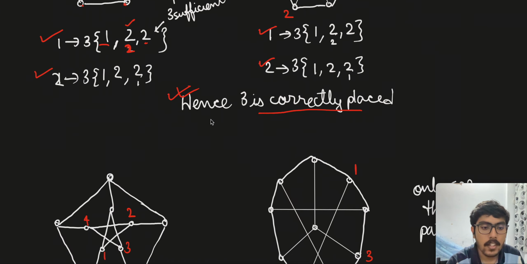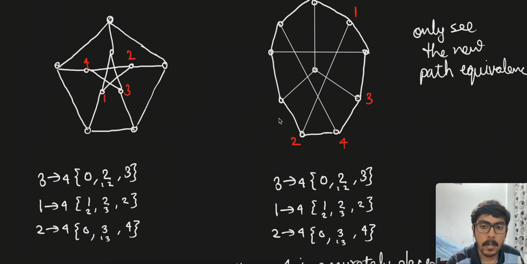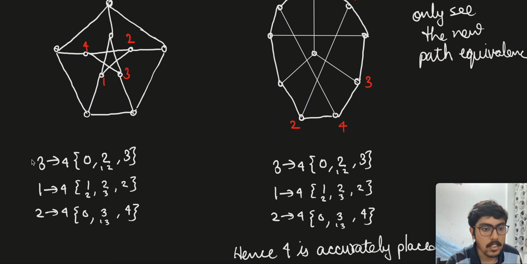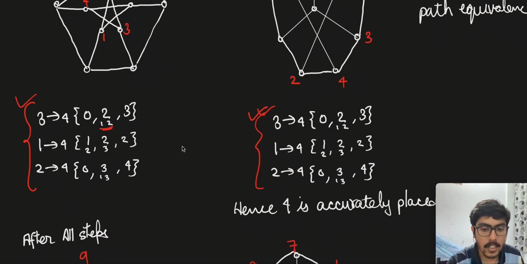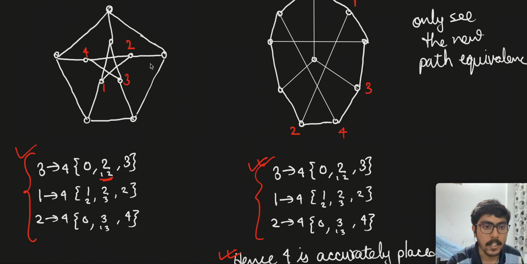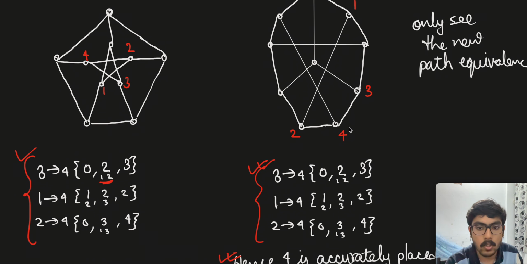Similarly we will do for 4, but remember, when we will do for 4, we just need to check these paths, not those like 3 to 2 and 1 to 2, because they are already checked in the previous graphs. So we just need to make sure that these 3 are in alignment, and means we also need to find that they are crossing the same vertices in order, like 3 to 4 is crossing 1 and 2, so it is taking 2 vertices in between. Okay, so now 4 is also accurately placed, like 4 was here, so 4 is here in the